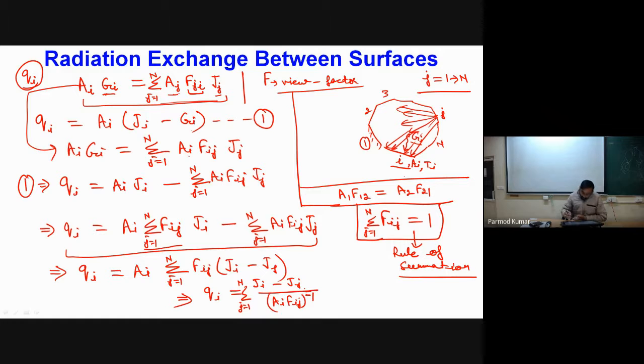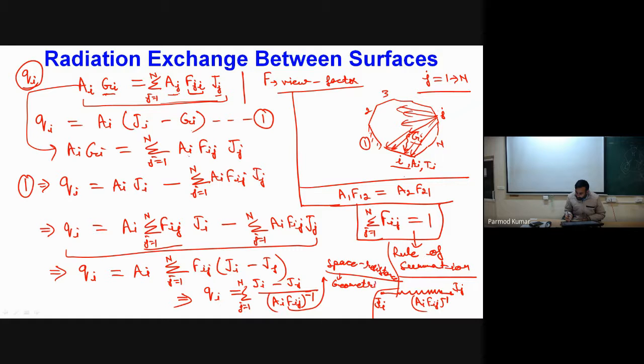Fine. So the meaning of this is that if I have surface i, its radiosity known, and some surface j whose radiosity is known, and I have to find out the radiation exchange between these two surfaces, I can simply find it with the help of Ai into Fij inverse, considering it as resistance and these two as the potentials. So this term Ai into Fij inverse is something which is called either space resistance, or also geometrical resistance because it depends upon view factor.